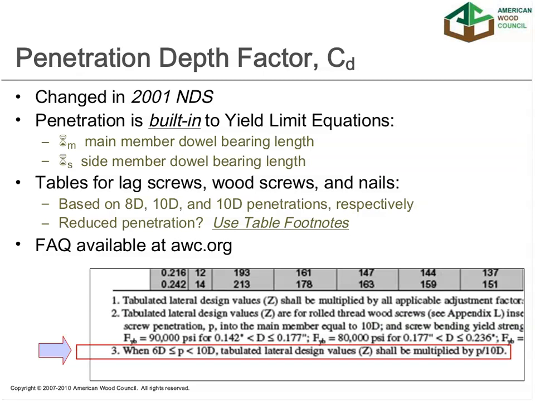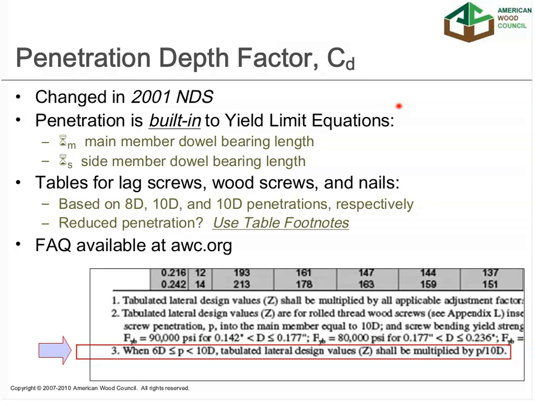Here is a change that would be worth touching on, and that's the penetration depth factor. In the 1997 and earlier editions of the NDS, '91 and '97 I guess it would be, when we first developed the yield mode equations, the penetration depth factor was a separate factor from the yield limit equations. And that really had to do with the way we formatted the NDS at that time. As you may recall, we had a different chapter for nails, a different chapter for bolts, a different chapter for lag screws. And so since we formatted the equations in a different way, we had a penetration depth factor that was applied to nail or